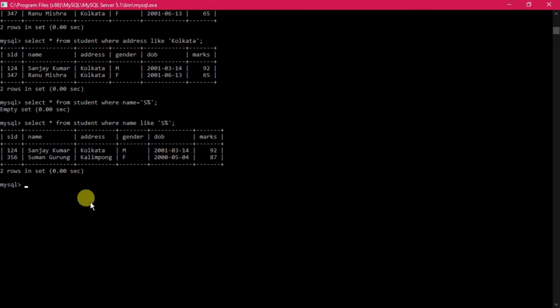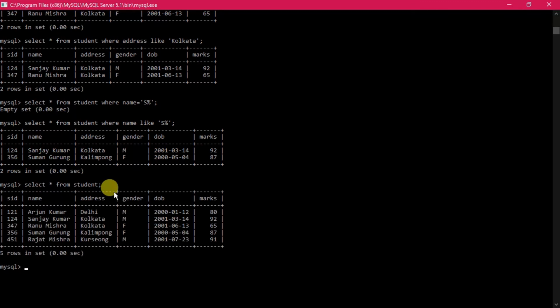Now let us see how to work with these particular tables. I've shown you the update also. What does the update command do? The update command modifies data in a table. Now you see one more important thing, that is distinct. First of all, select star from the table named student.